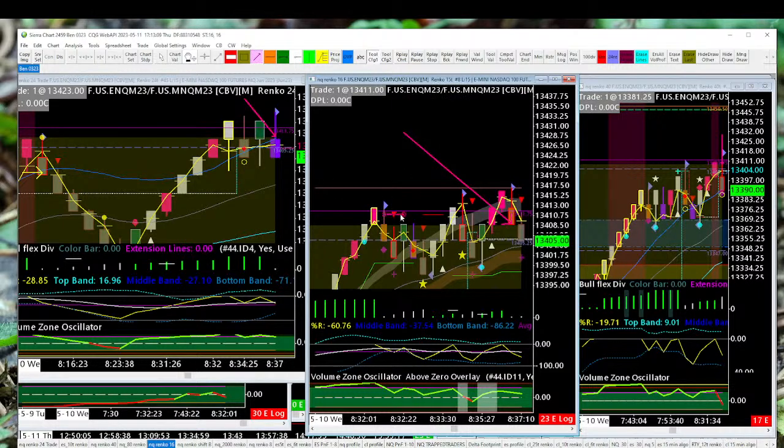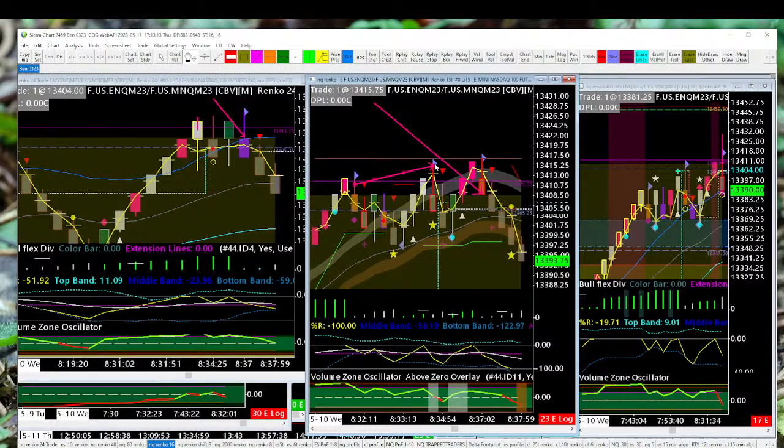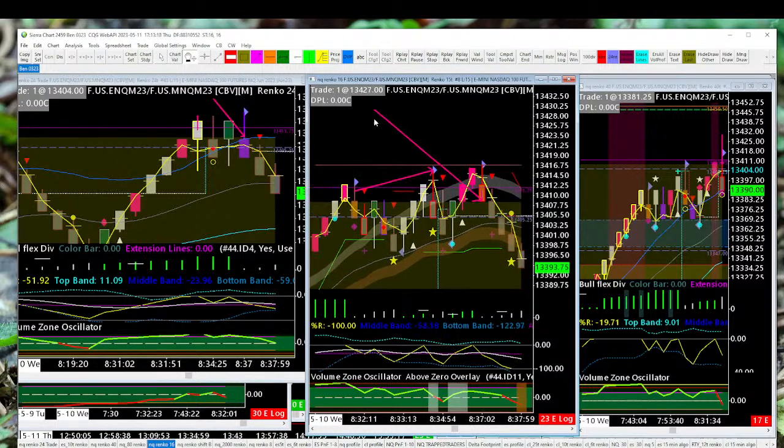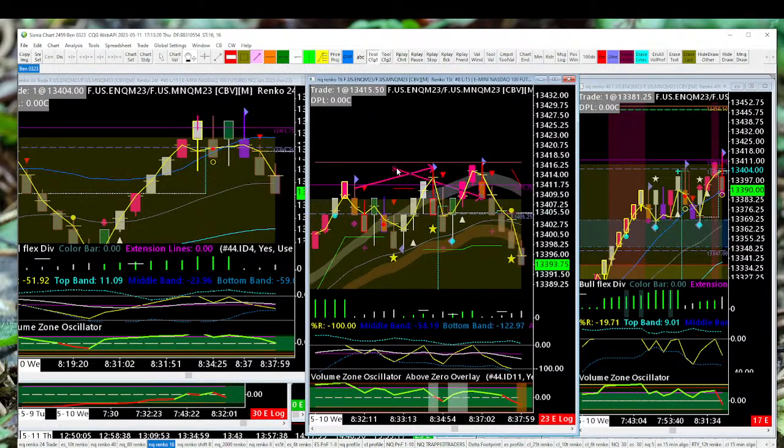Even though the result here is lose 15 really, because I'd lose 5 on this one, and then maybe I'd lose 10 on this one, so I'm down maybe 15 points, but I'm confidently getting back in again,